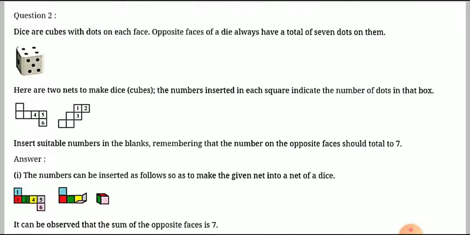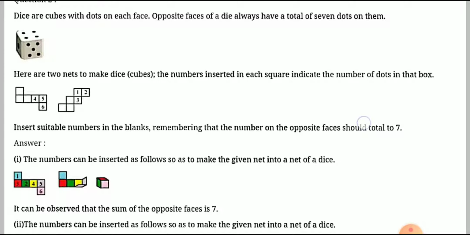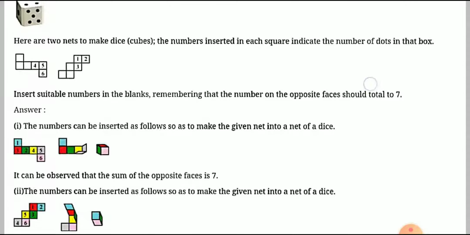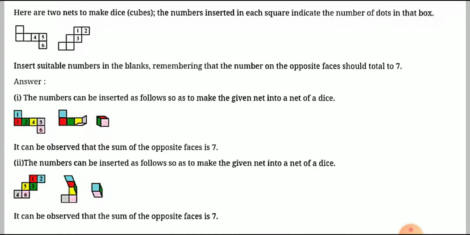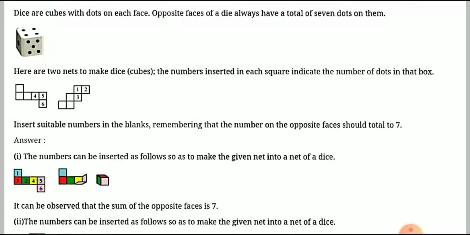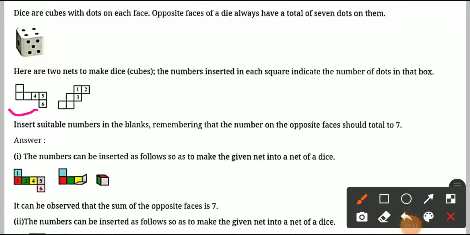See, after that you have to mention the numbers like this. These are the numbers. In your copy, first you need to draw this. Then afterward you have to cut it, then fold it like this and make a cube like this. Then see where you have mentioned 4, 5 and 6, then write the numbers opposite of it, and then open and paste like this. So you will find that these are the numbers you will get in your answer.